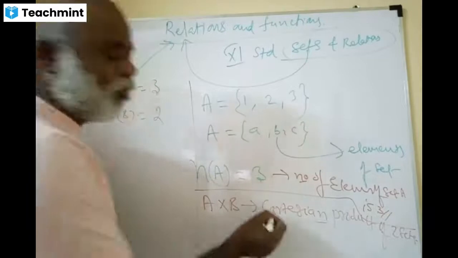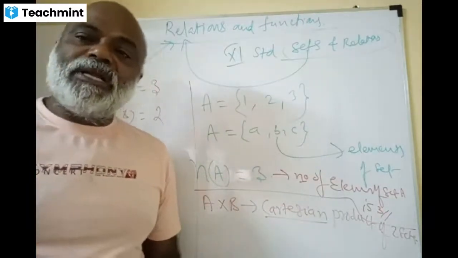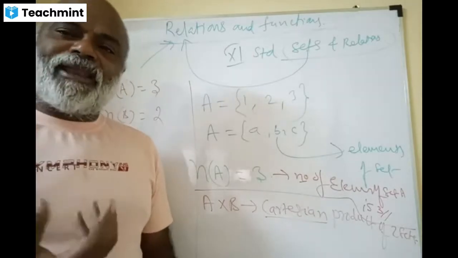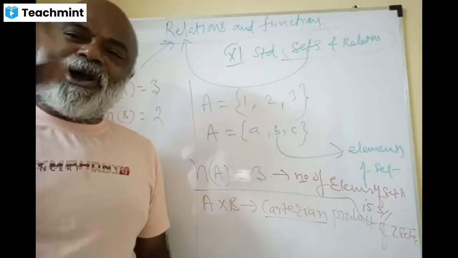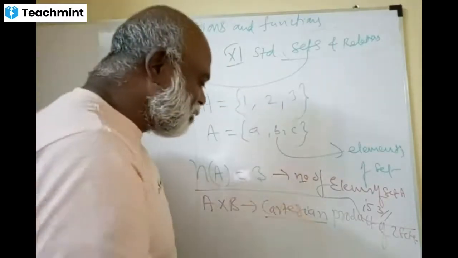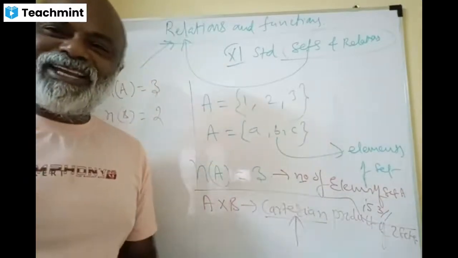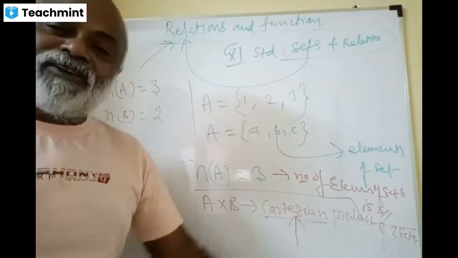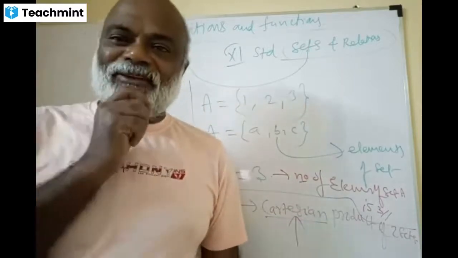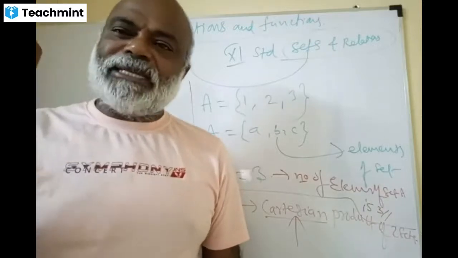Think of the Cartesian rectangular coordinate system. What do you do there? You represent points in the plane. That's why this also has something to do with Cartesian. The same man did this, which is why it's named the Cartesian product of 2 sets. There we call them points in a plane.